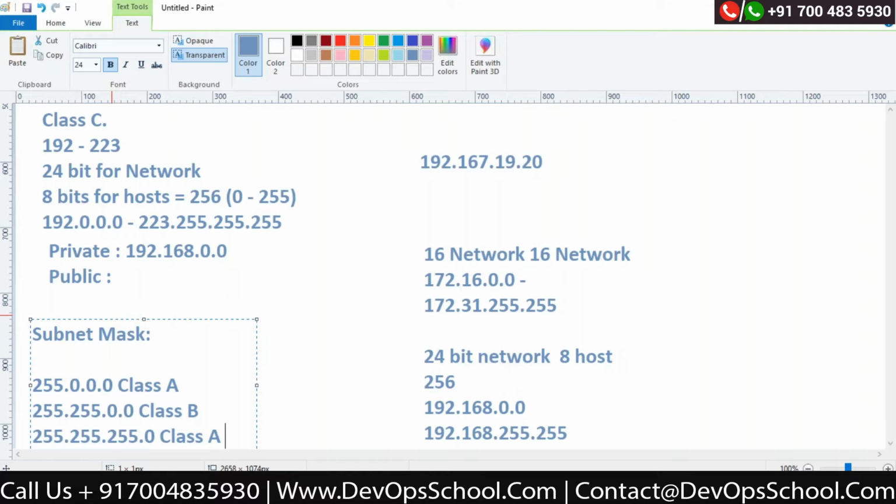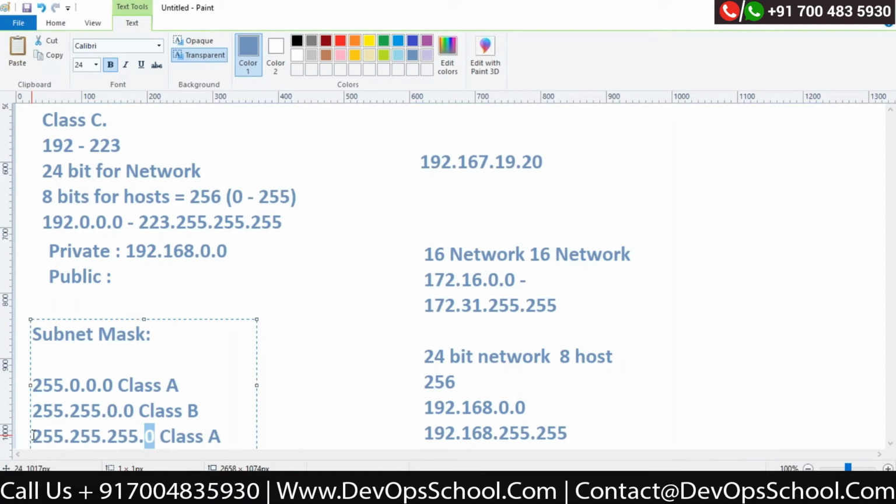So if I would like to create a network with class C, I know that the first 24 bits are for the network ID. I can create a network of that number. And only the last number I can change, and within that particular number, I can have only 256 computers. And if I would like to define the same mechanism on my computer, I should put this subnet mask on my computer. So my computer will understand this number is fixed. This is my network. And within this network, how many computers do I have? This number would be 256.